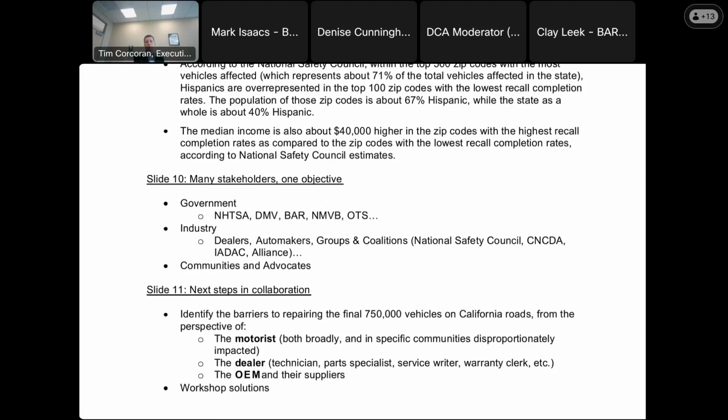So that's what brings us to really this meeting. I'm engaging with a number of internal and external stakeholders. Our intention here is to not duplicate the effort that NHTSA has ongoing. Again, I mentioned their annual Automaker Summit, but this is something intended to focus our efforts in California, since we're in the top 3 in terms of remaining unrepaired vehicles,